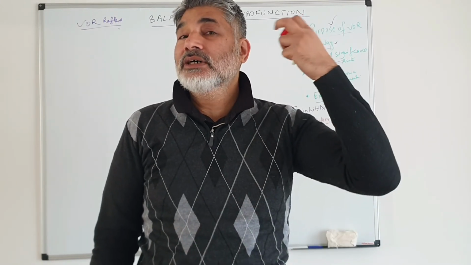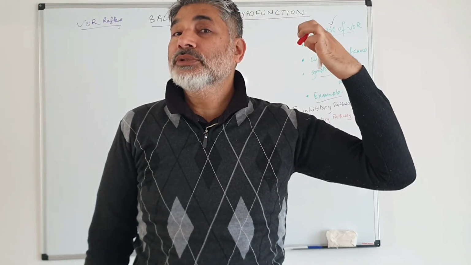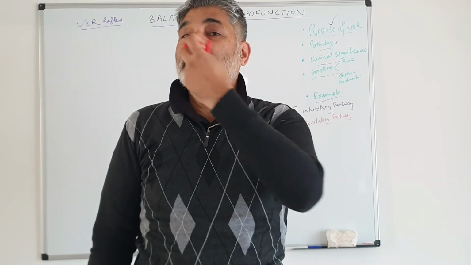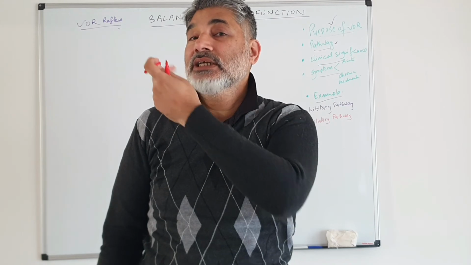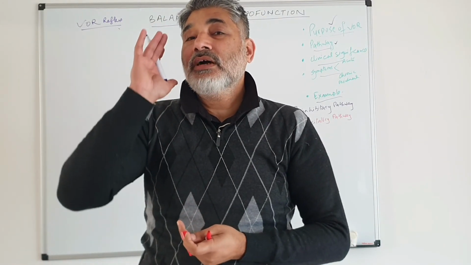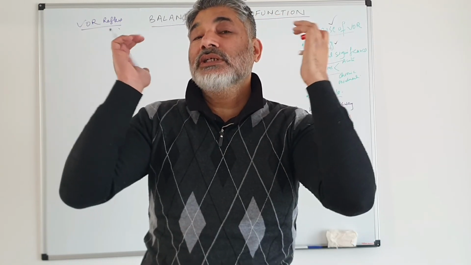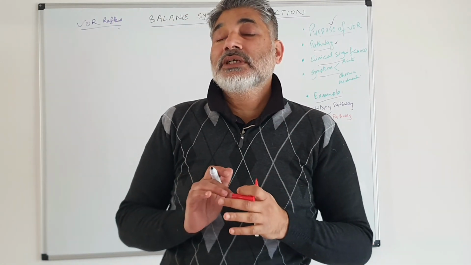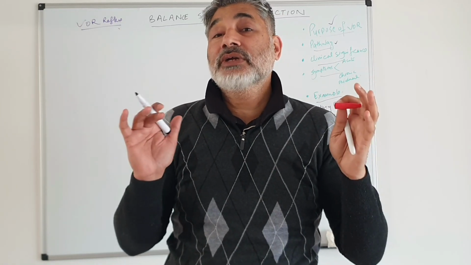The lateral rectus of the opposite side eye is activated and the eyes are moved to the opposite side, and there is an inhibition of the medial rectus of the opposite eye, but there is activation of the medial rectus of the right side eye, and there is inhibition of the right side lateral rectus muscle. So the sixth nerve on both sides horizontally, and then medially there is the oculomotor nerve, the third nerve. Sixth and third nerve we will be talking about when my head is moved